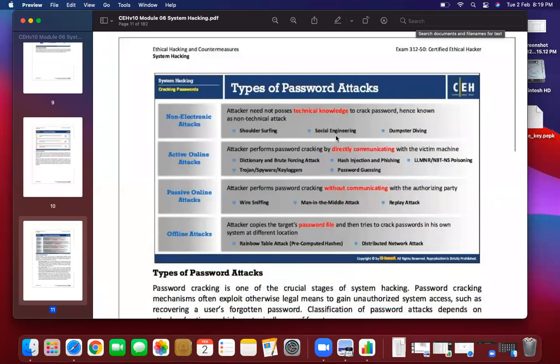Now you will try to build a relationship with the person, not a relationship in that way, but a friendly bond, and build trust with person A, and then try to exploit that particular trust. That is social engineering.